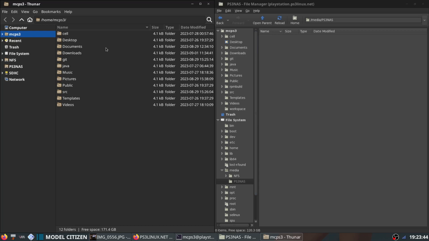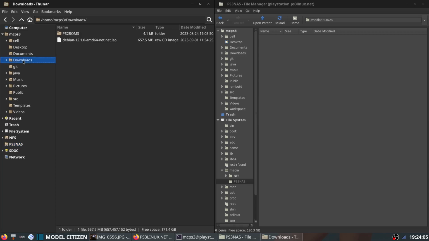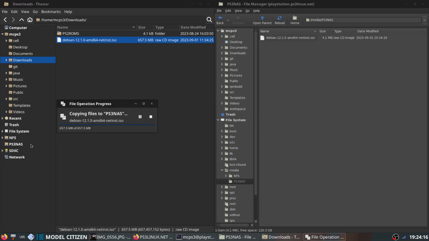Now, see how this directory is called PS3 NAS, and this directory right here on my laptop Thunar is called PS3 NAS. Those are the same directory. This is my NFS share that I share from my PlayStation 3. If I wanted to transfer a file over to my PS3, I can do so quite easily with Thunar like this. Just drag it over to PS3 NAS, and